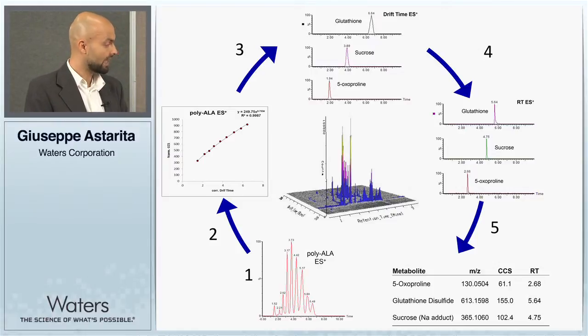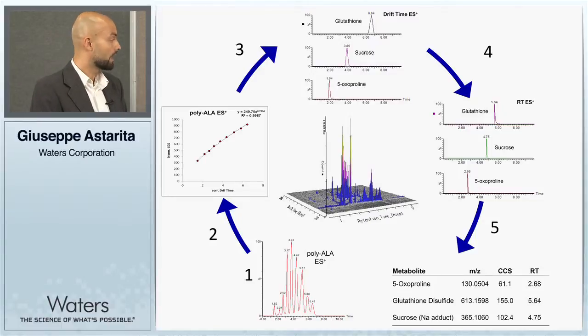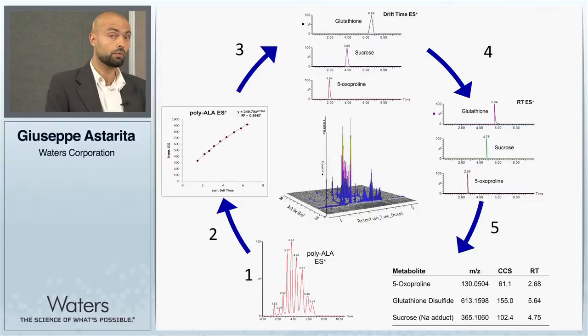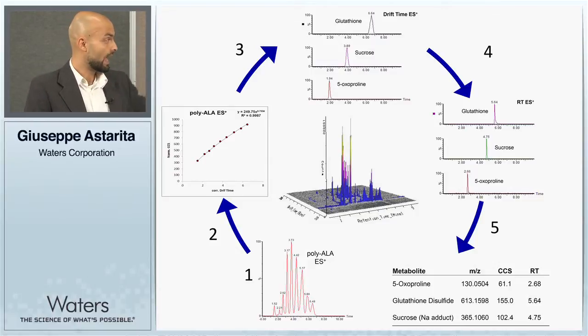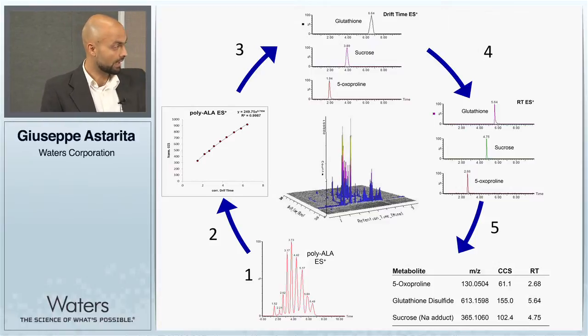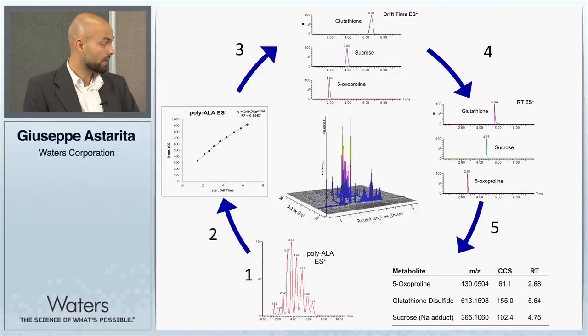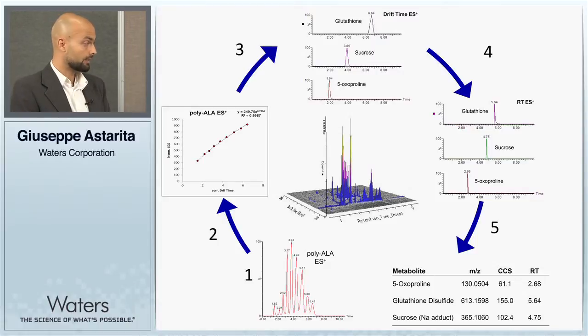The values of drift time of polyalanine were used together with their known collision cross-section to build calibration curves, which were used to interpolate the drift time values of unknown molecules, which together with their retention time and exact mass went to build the first ever database containing common cellular metabolites and not only exact mass and retention time